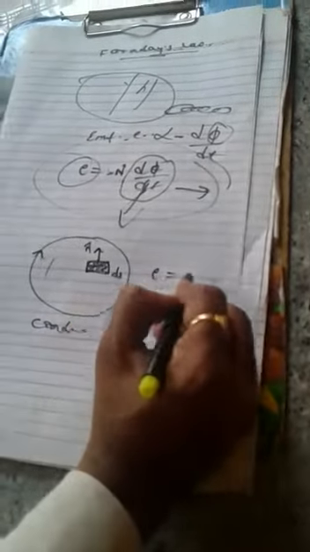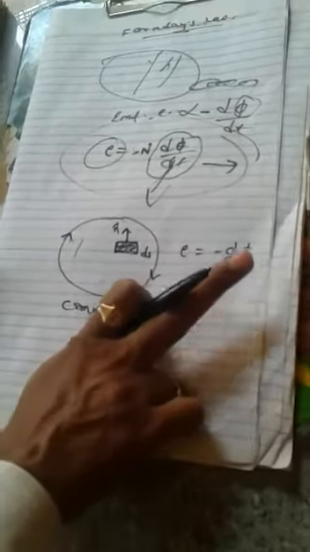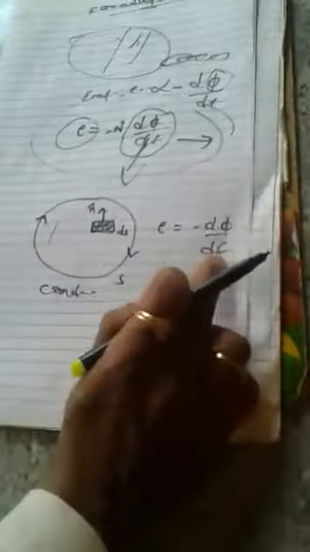According to Faraday's law, we can write E equal to minus d phi by dt. The EMF is directly proportional to the rate of change of magnetic flux, in the opposite direction. If N is the number of turns, phi is the magnetic flux linkage. We can also show d phi by dt as an integration over the surface of the rate of change of the magnetic field along with its small element ds, as vectors.